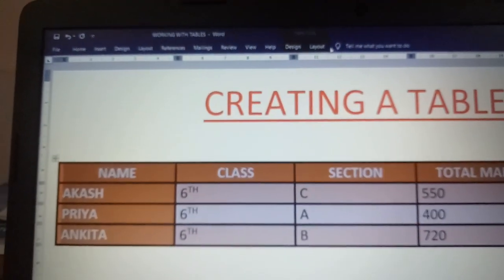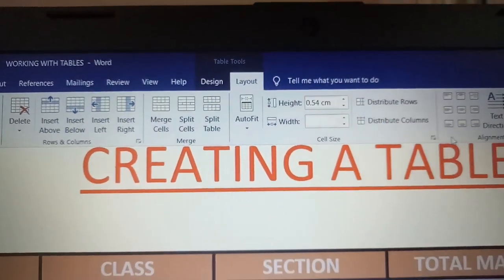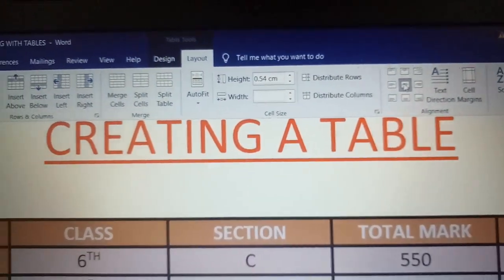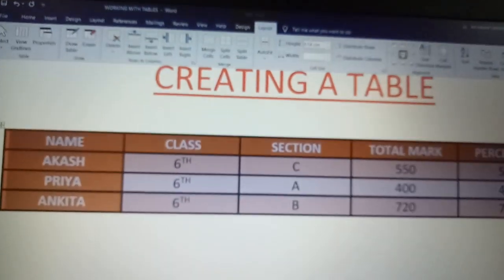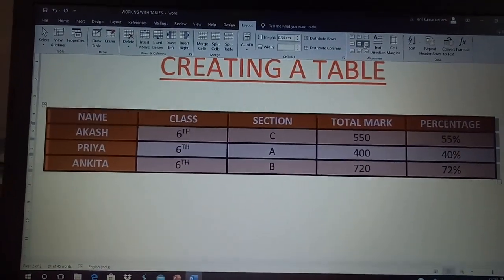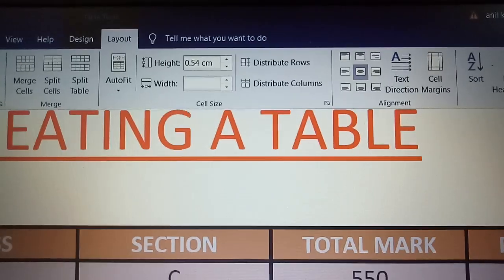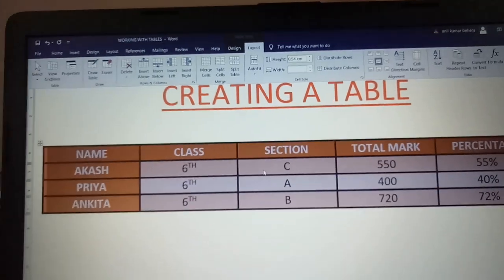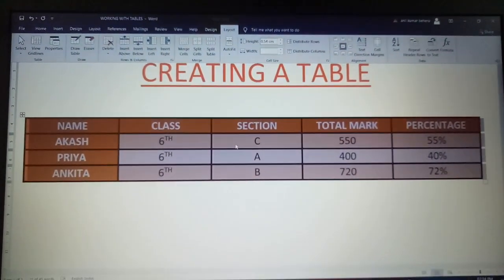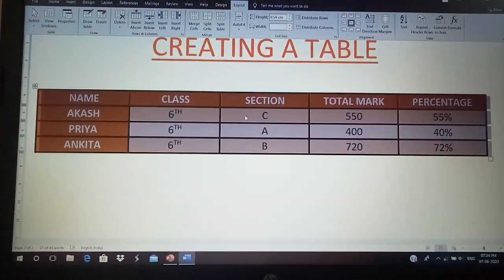Okay, let me try again. From Table Tools, Layout, Alignment, and this. I'm selecting the center alignment. So all the details of the table are centrally placed. So as per your requirement, you can go on changing the different alignment options.